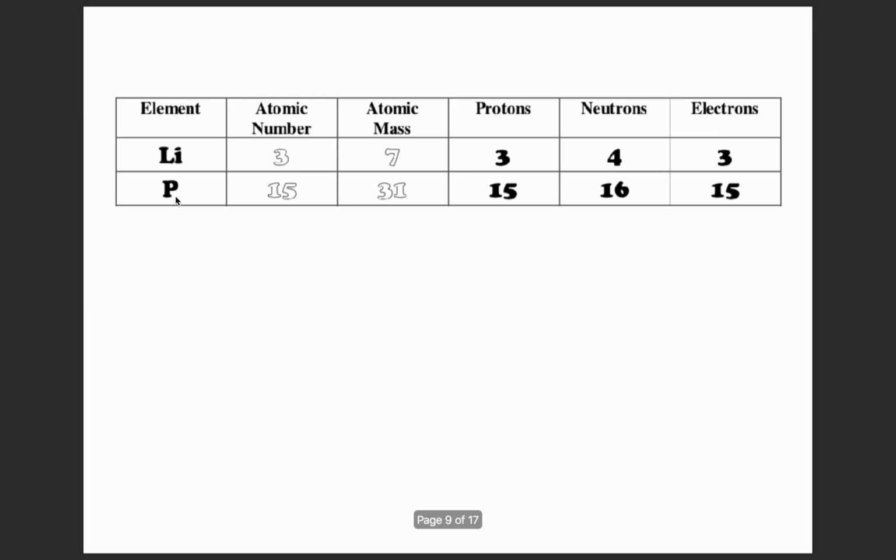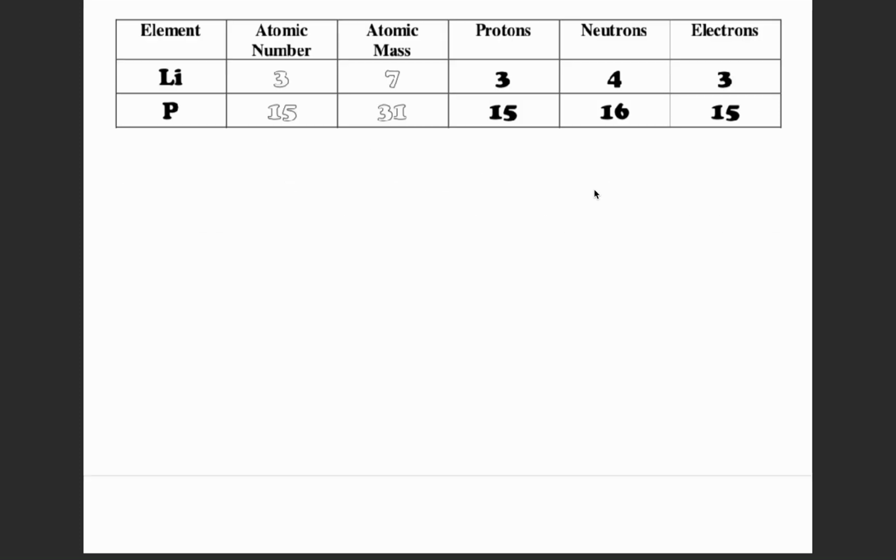Again, phosphorus, P, 15 here, also 15 here, and 15 here. So these three columns will always be the same. And then I'm going to say 31 minus 15, and that's where I get 16 from. So I went over the first few with you. I would like for you to try the rest of the chart on your own. You can pause the video, and when you've completed the front of the page, then we're going to flip the page over and look